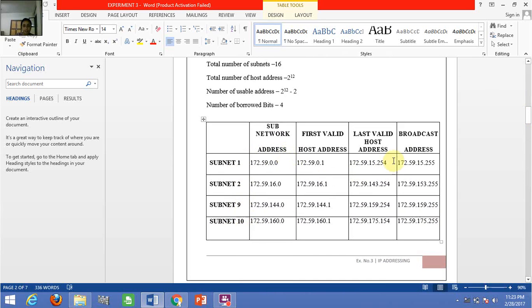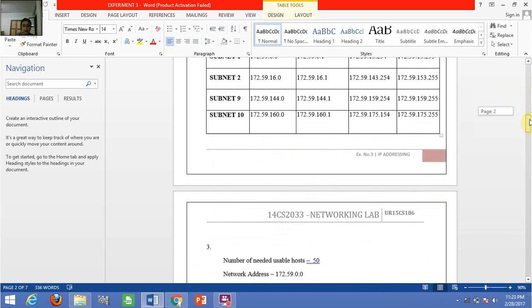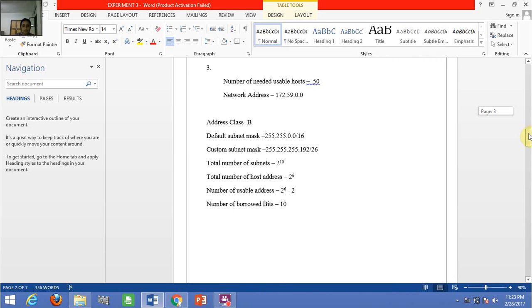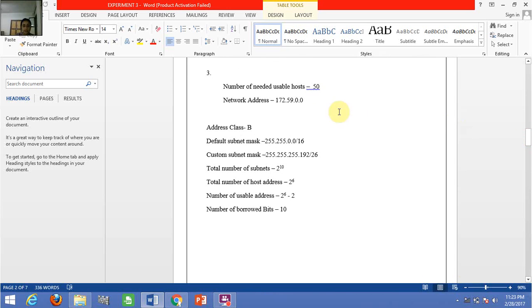So similarly we'll be writing how we wrote for question number 1. And we have another question, that is number of needed usable hosts is 50 and the network address is 172.59.0.0. Here we see that the class which this address belongs to is B, and the default subnet mask is